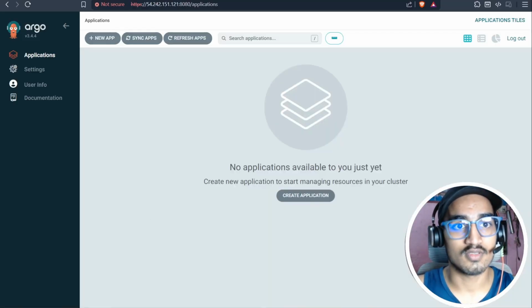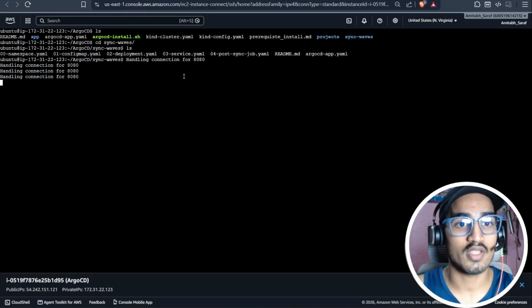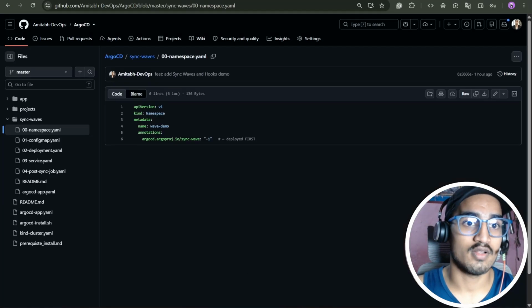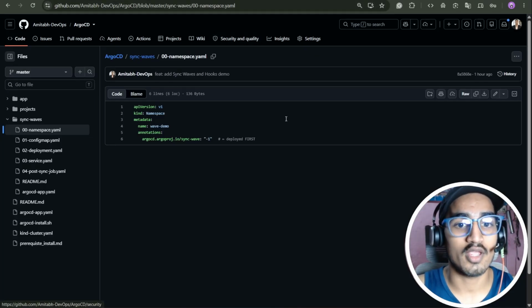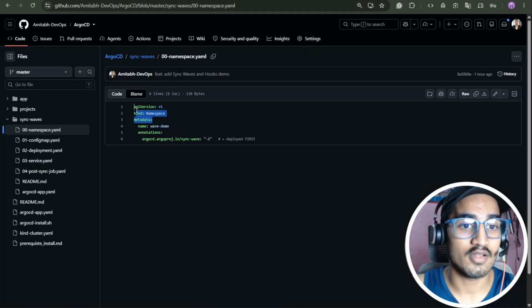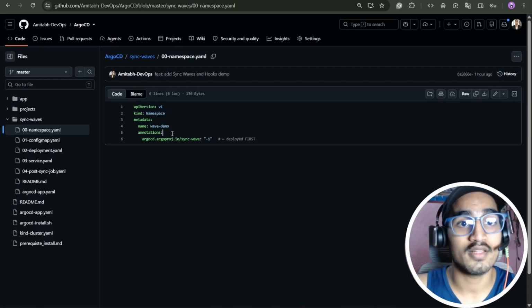You can even check here also. So you can see the 00 namespace and all the manifest files. So firstly, I will show you via GitHub so that you can understand it better. We are creating a namespace with the metadata name web demo, and we are providing the annotation